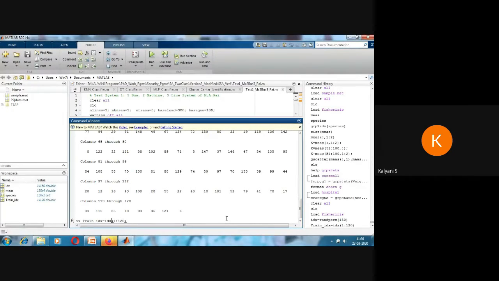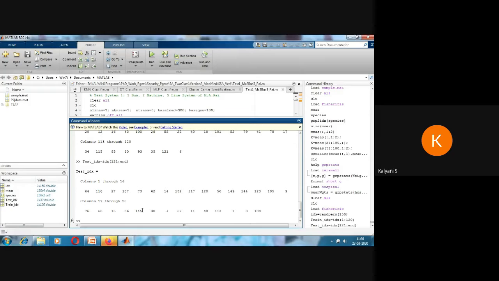The remaining 30 indexes will be in testing, so the test index will be 121 to end. In MATLAB, you have to write a program, or you cannot directly give 121. You can find some value and put that variable here. So I have the remaining 30 in testing.